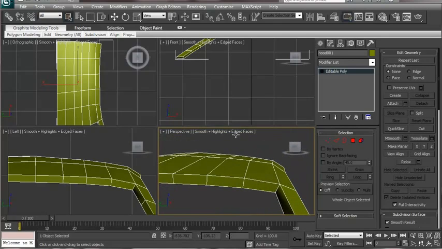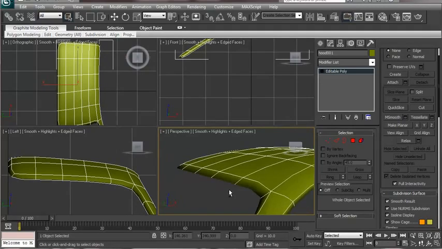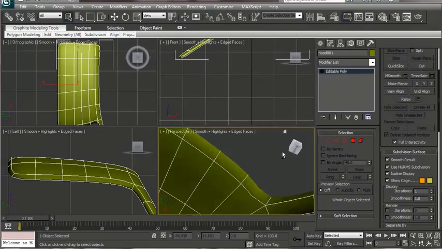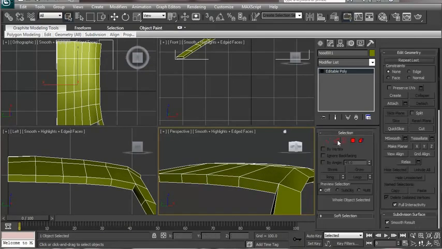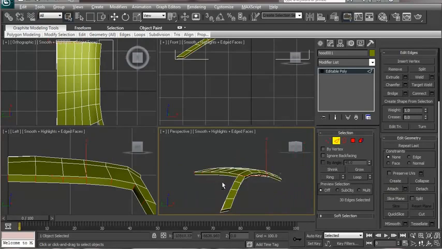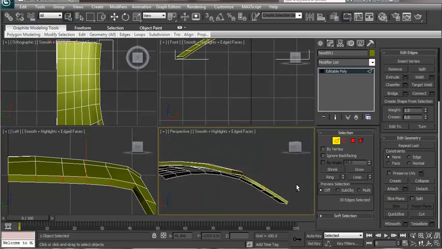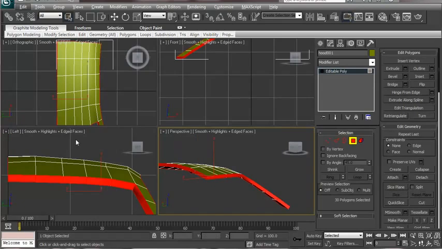And what we can do now is go to a subdivision surface and use NURB subdivision. You can see that the geometry is pretty much too loose. So let's go to the edge mode, select these edges, apply a ring selection, and before that let's go to the polygon mode and select these faces right over here,